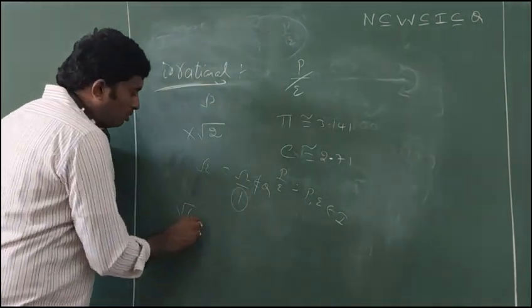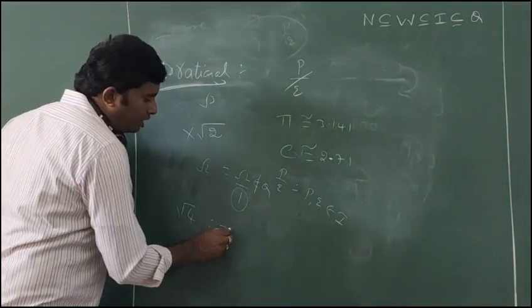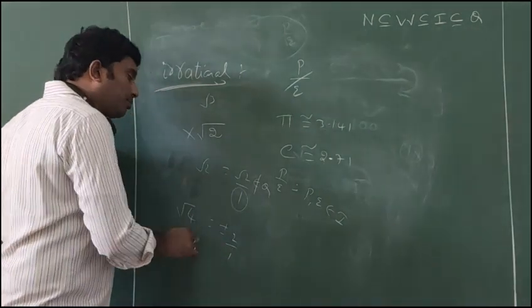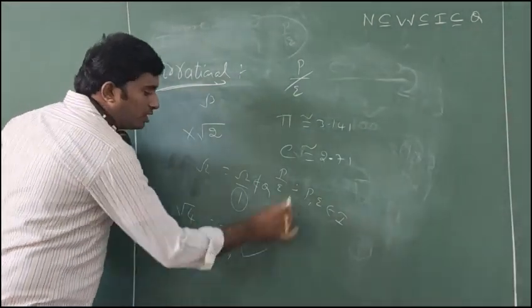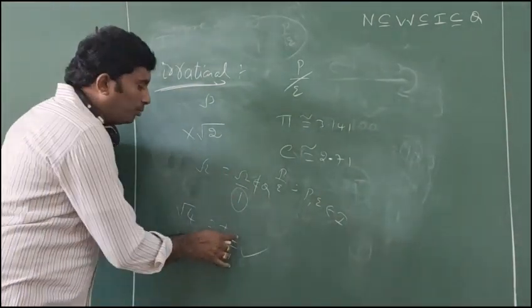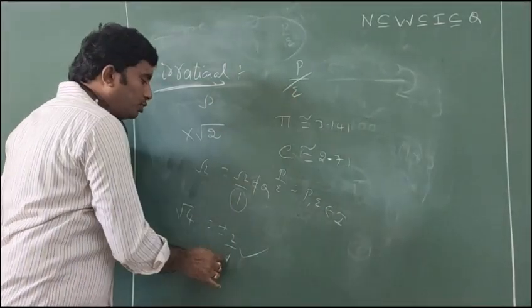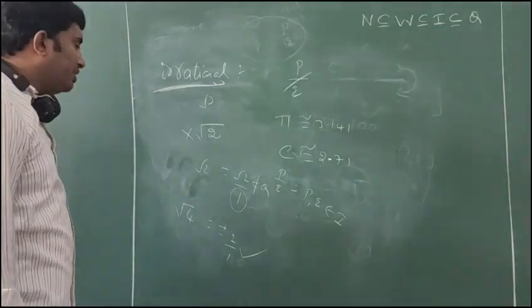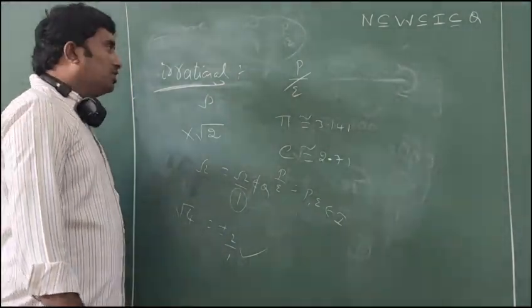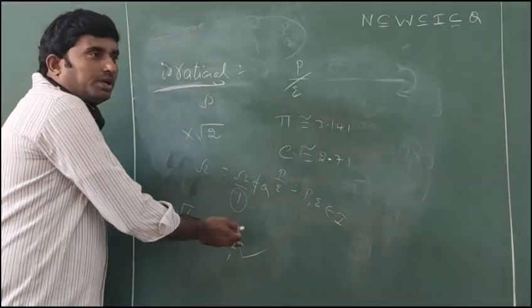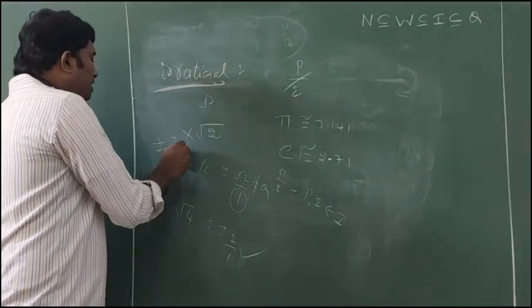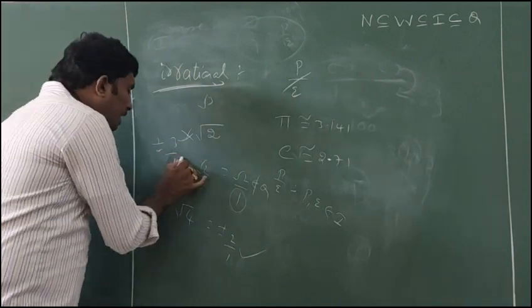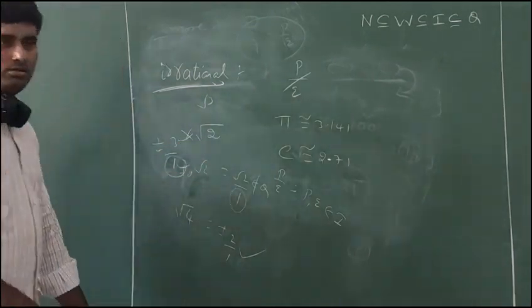What about root 4? Root 4 can be written as plus or minus 2 by 1. It is of the form either plus 2 by 1 or minus 2 by 1. That means p by q form. Why? Because p and q both are integers. Again, root 5, root 6, root 7, root 8 are irrational. But root 9 is a rational number. Why? Because root 9 is again plus or minus 3. Plus or minus 3 can be written in p by q form, nothing but 3 by 1. Both are integers, and q is clearly not equal to 0.